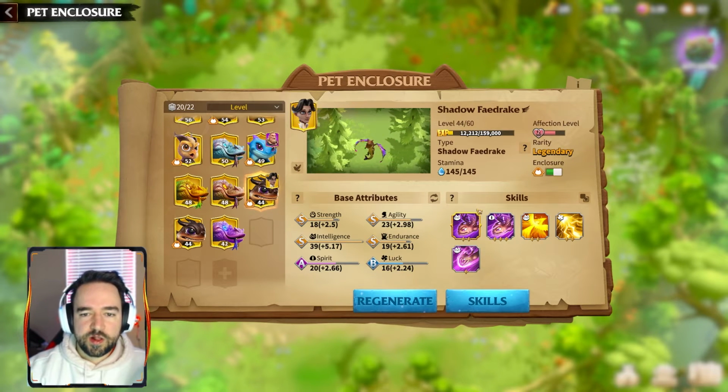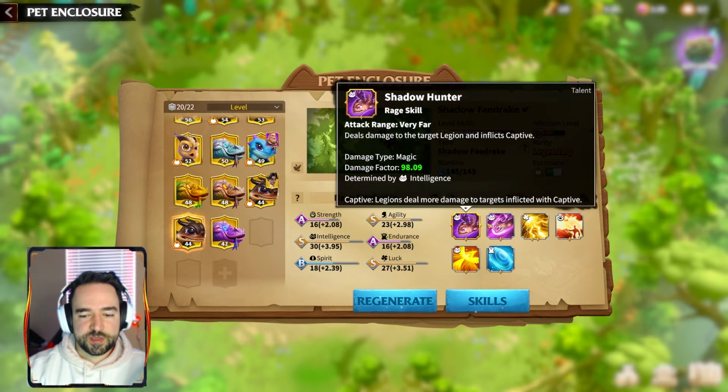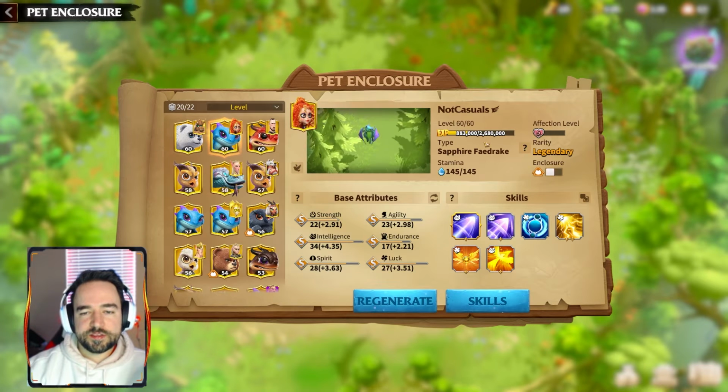Now it took a while. This is the first 2-star pet I've ever gotten in the game, and as you can see, I've gotten it at level 44 right now, which is the same level as my previous Faedrake, which is a 1-star. So I wanted to compare how much better does it get when you do get a 2-star, and also I wanted to compare how much better is a Shadow Faedrake than a Sapphire Faedrake when it comes to a 2-star,